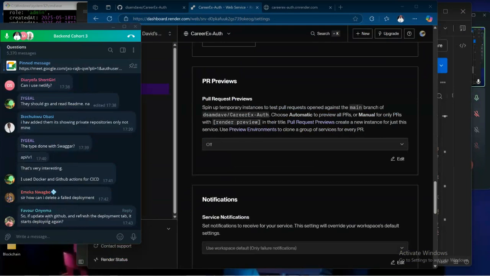So if I update in GitHub and refresh the deployment tab, it started deploying again. Exactly, yes, that's what Render does. Not all servers do it, but I know that Render does it, Heroku does it also. It will start deploying again. That's what we call CI/CD, continuous integration, continuous deployment. So it continues